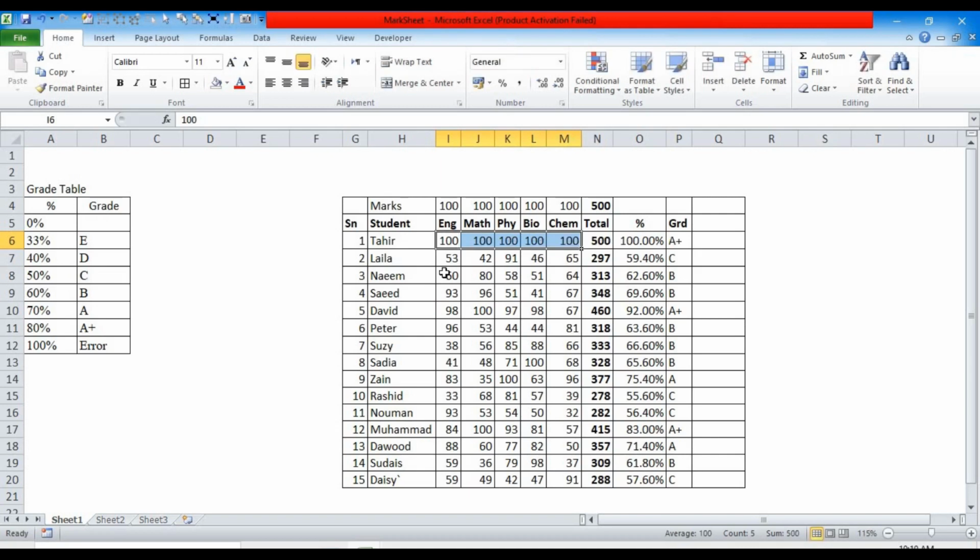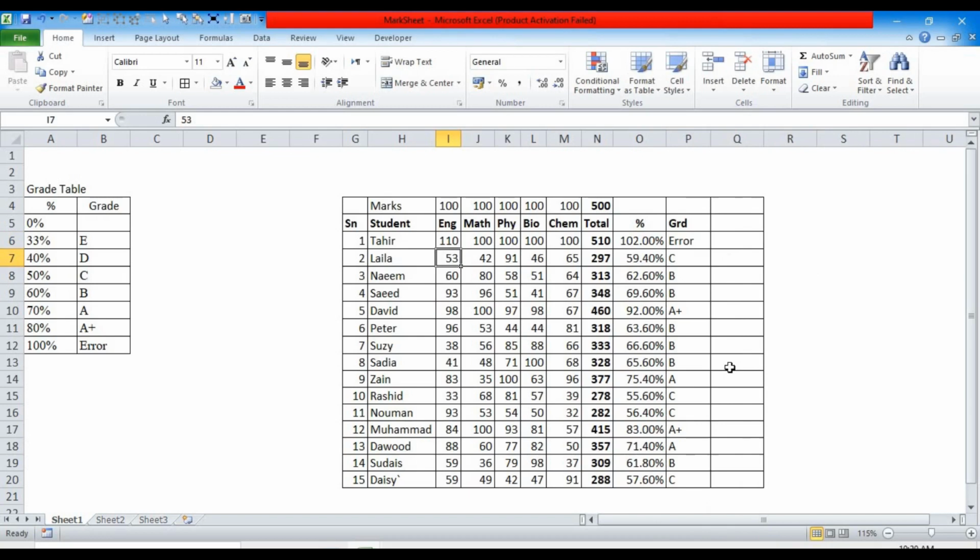Control Shift and Enter. You see it gets A plus. But what if by mistake you type 1110? Automatically it will give you an error because the marks are 510 and the total marks are 500. So you have made a typing mistake. So instead of giving this kind of result to your principal or to the head of the school, with the typing mistake, to erase this typing mistake